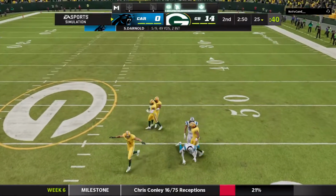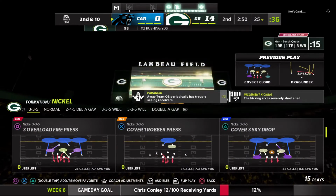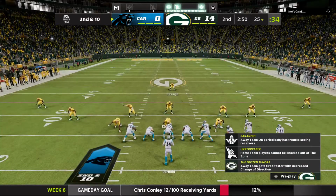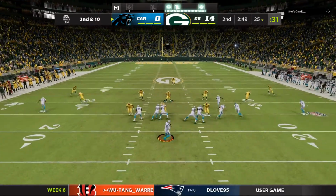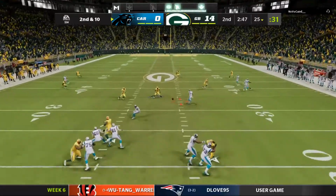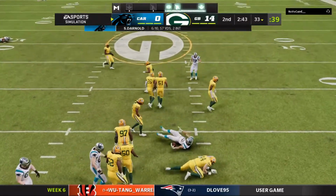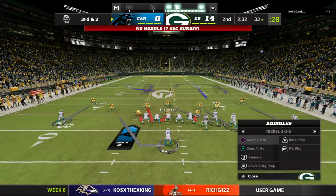And that is incomplete. Oh, the coverage a little too good there, and it's 2nd down. As this old brain remembers, when I see 5 wide receivers on the field as a defender, I know the ball's coming out hot. They expected it and got there and popped it free. Now this one over the middle into the hands of his tight end, complete. And he's upended at the 33 following a good pickup of